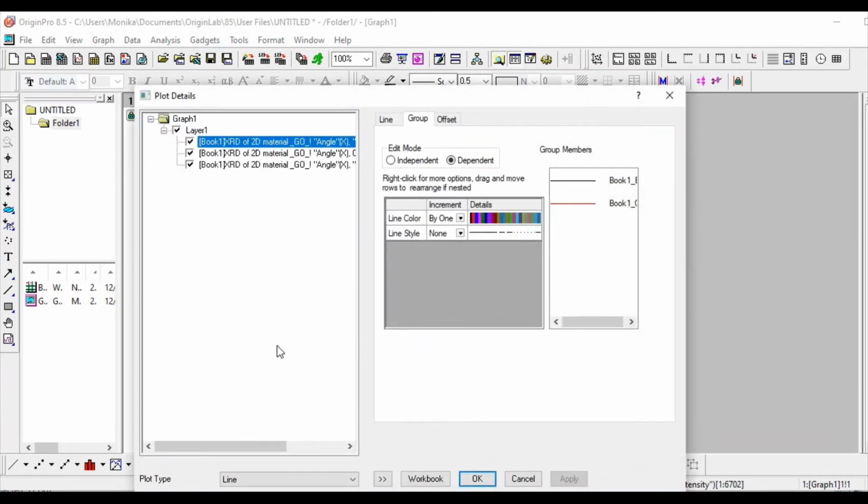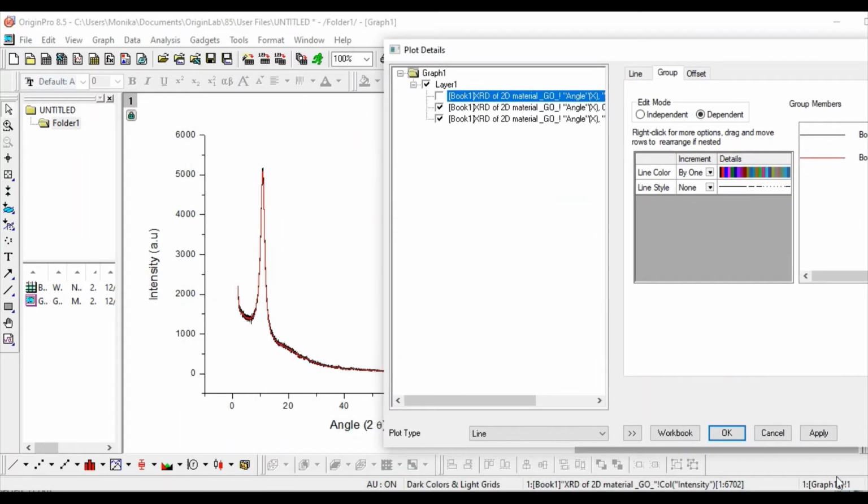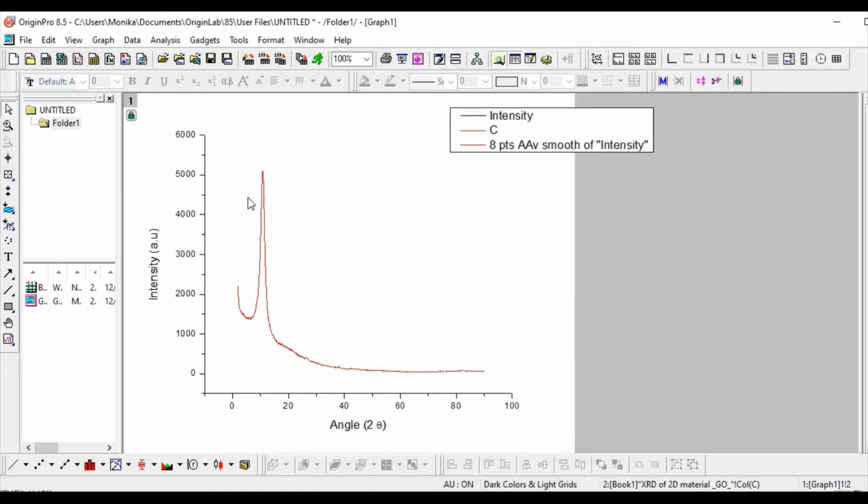Yeah, so this window will be open. Now just deselect this first one, layer 1, and you can check apply. You can see now your graph has been smoothened. The thick portion, the zigzag lines, has been removed.